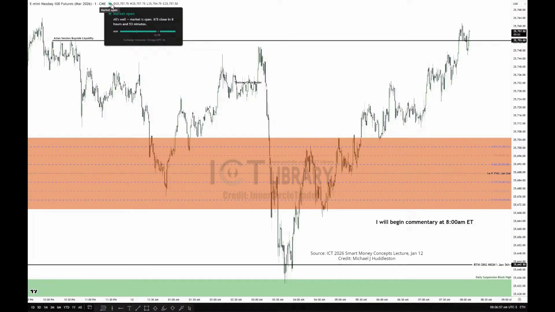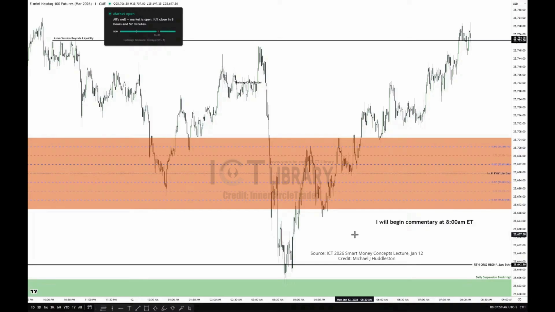Well, I purposely kept these old PD arrays here because they're from last week. Okay, and you can see the reference points here. This is the first presented fair value gap from January 2nd. Okay, so that's 2 Fridays ago. So it's not last Friday, but the Friday prior to it. Okay, and I have it graded. These are only eighths. Okay, and you can see the sensitivity around all the eighths and the regular quadrants that are based on quarters. But I don't use that information except for targeting.